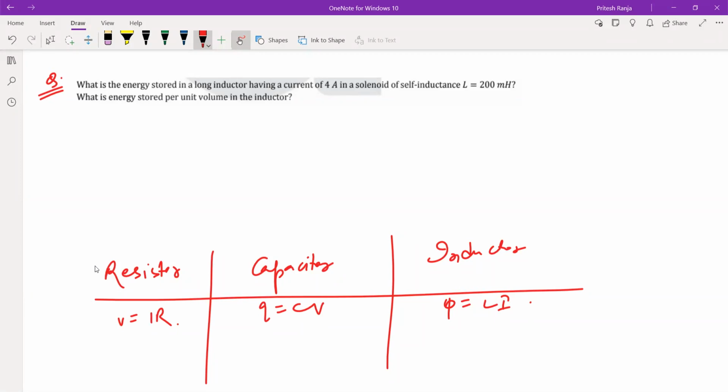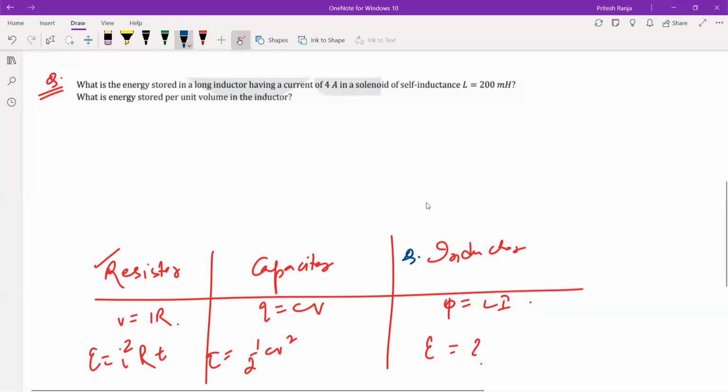Now, the heat energy dissipated across a resistor is I squared R, and there are various expressions. I am not going to explore all, just the basic expression I squared RT. Energy stored in a capacitor is half CV squared. In the same manner, there will be energy stored in the inductor. So all have to first find out the energy stored in the inductor. Those who have found the energy stored in the inductor will only attempt this one. And those who are done with both questions will give me the answer in the chat.